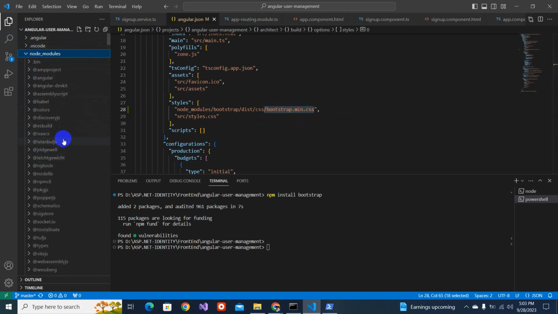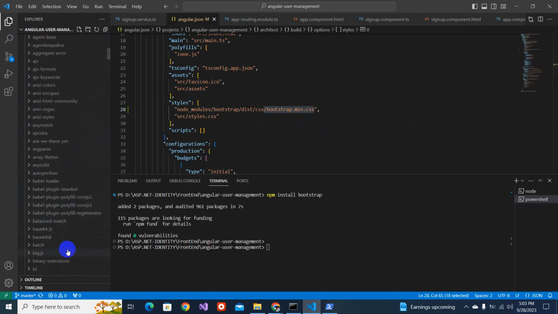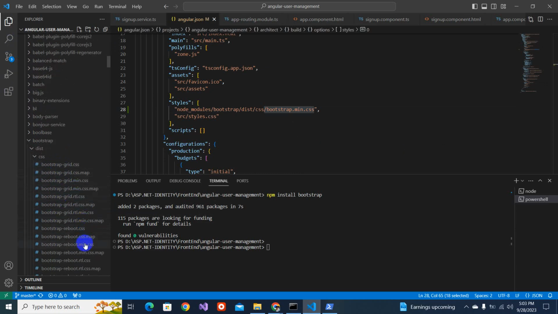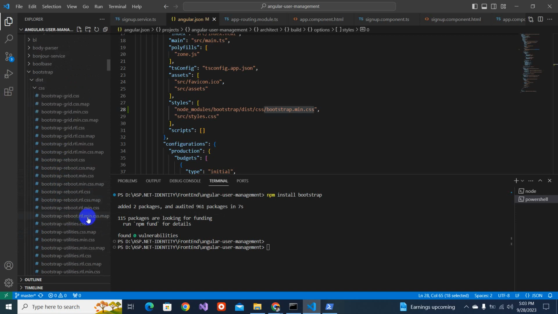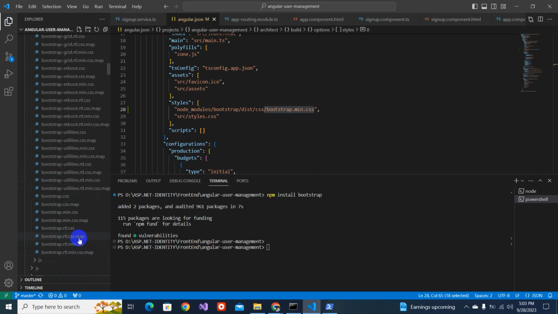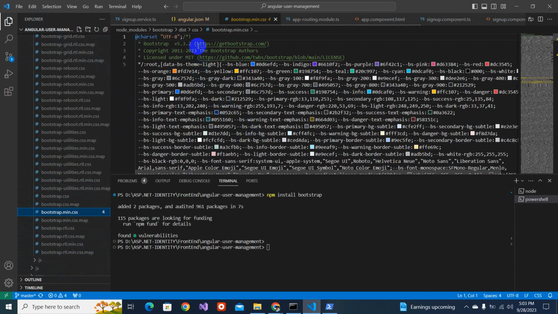You see in node_modules we have a folder named bootstrap. In that bootstrap we have the dist folder, then css. In the css we have bootstrap.min.css. You will find it. See, here is the min.css there. Okay, so this reference has been added. Same, we'll have to go for the